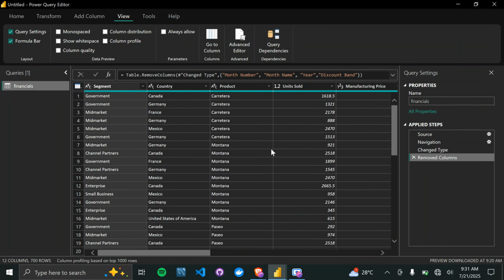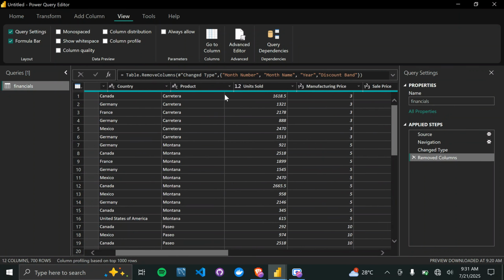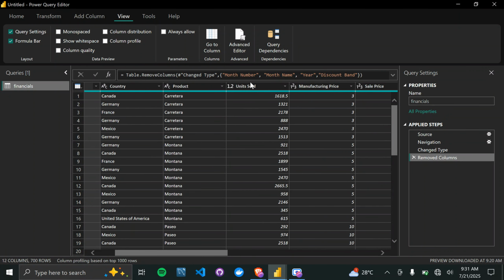Another thing that you can do is you can also just do the same style of holding, selecting each of the columns and right clicking and removing. It is not going to create a new step. It is going to add it to the existing step. So what does that mean? It means that if we are doing two different activities consecutively, and it is important that you remember that consecutively part,